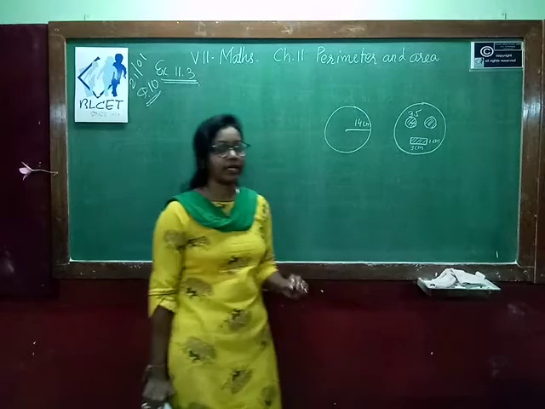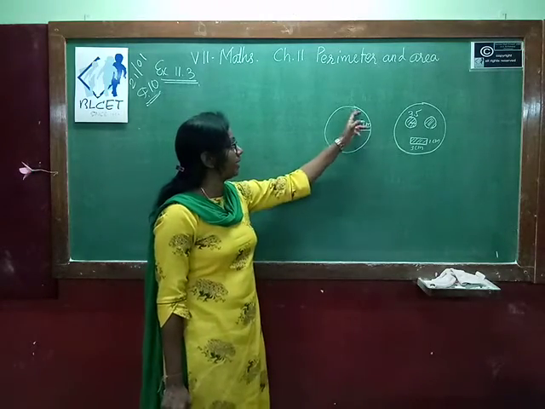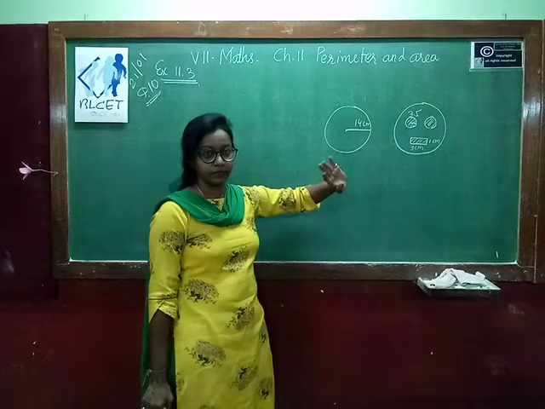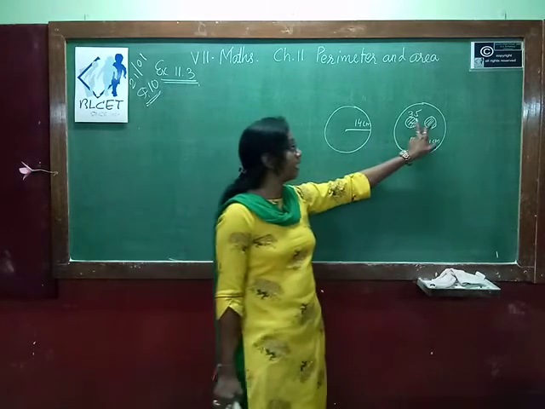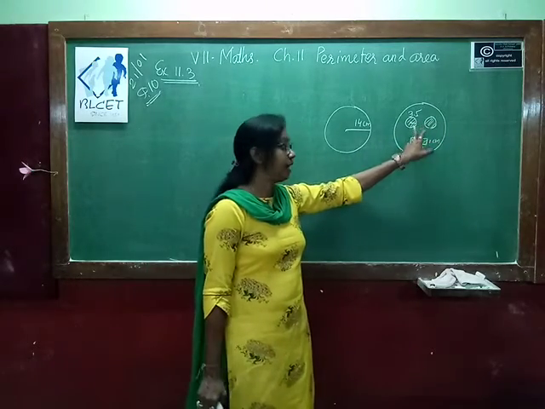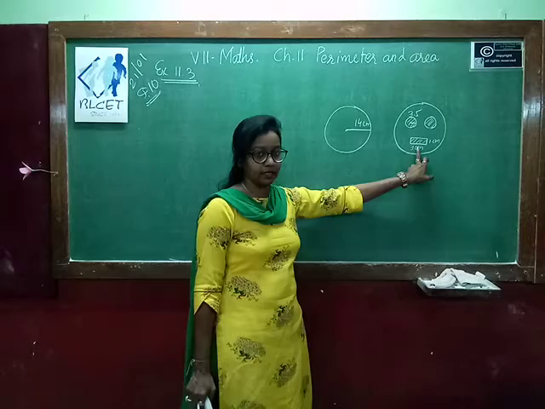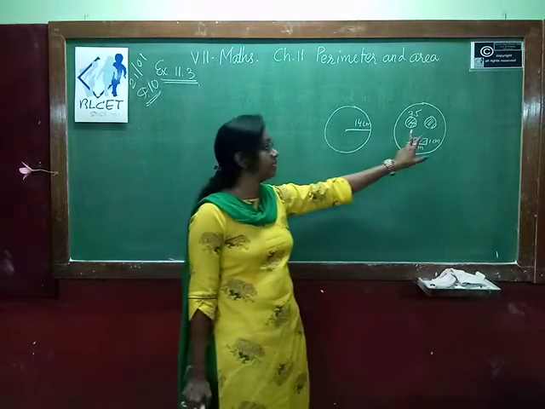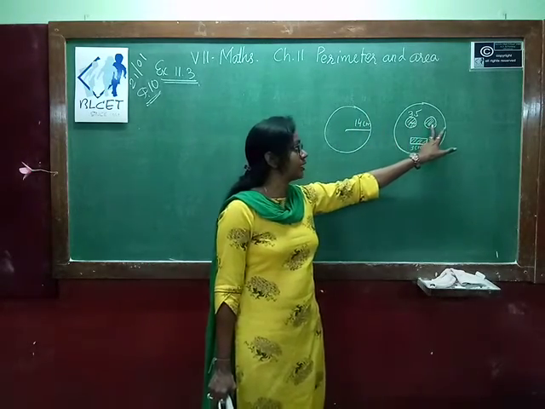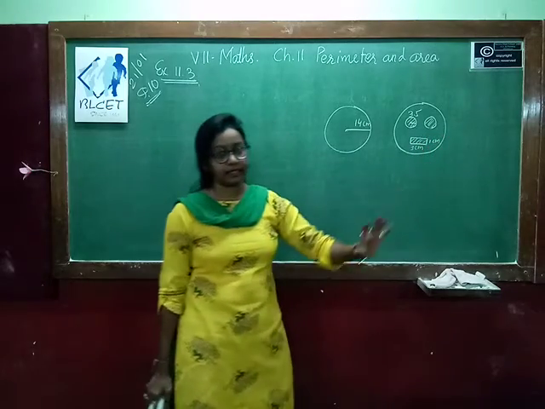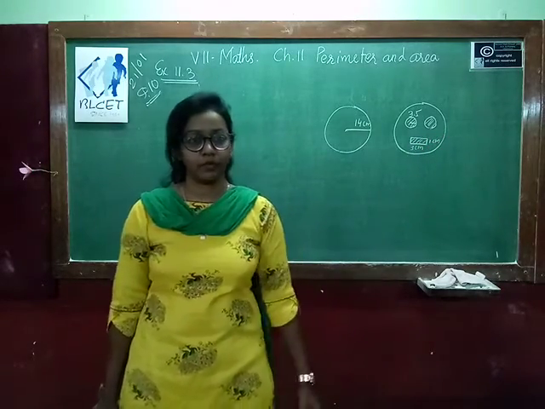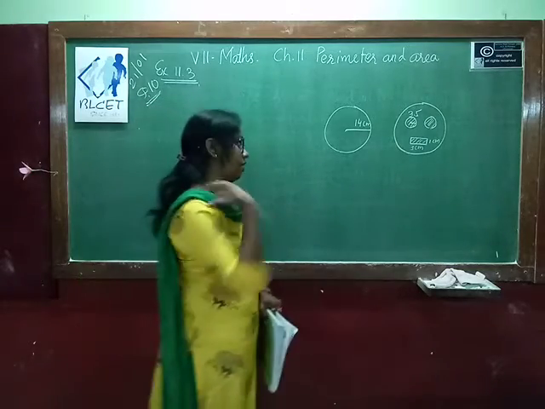So how will you find it? First of all, we find the area of the whole circle without any cutting. Then we find the area of these two circles and this one rectangle. Then what we will do? Total area minus the area of these two circles and the area of the rectangle. So we will get the area of the remaining portion of the cardboard. Okay, so let's see how to solve.